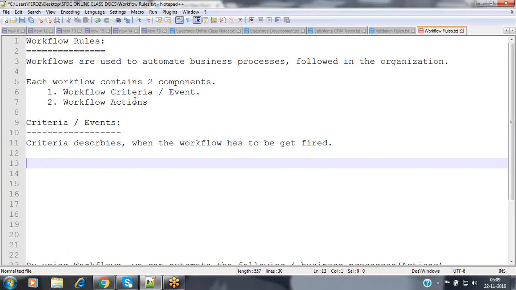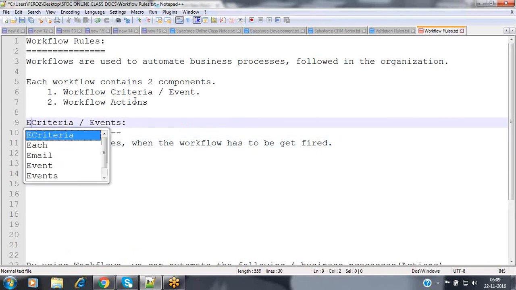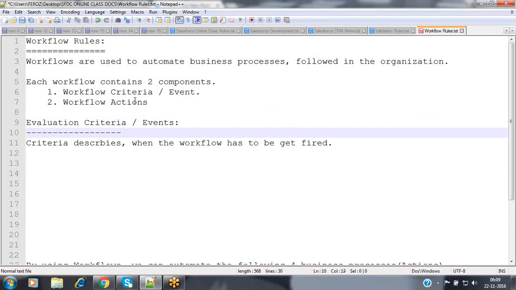That will be described by the criteria. This criteria is also called evaluation criteria. We can call it evaluation criteria or simply criteria. It may be the events also. People call it with different terminologies, different names. Sometimes in an interview they will ask what are the various criteria available for the workflow, and what are the various events available for the workflow? Both are the same, but the terminology is different.